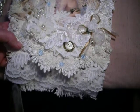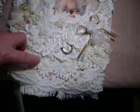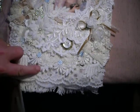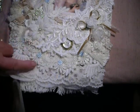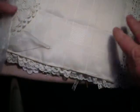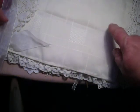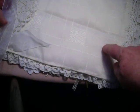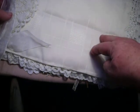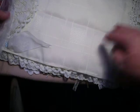Some beautiful trim down here, and there's all kinds of different trims under here, because there's this trim here and there's that trim. The overall thing, the foundation piece I sort of started off with, I put on both sides. I use this table napkin on both, which has got a scalloped edge, and then with some wadding in between. And then I took a vintage